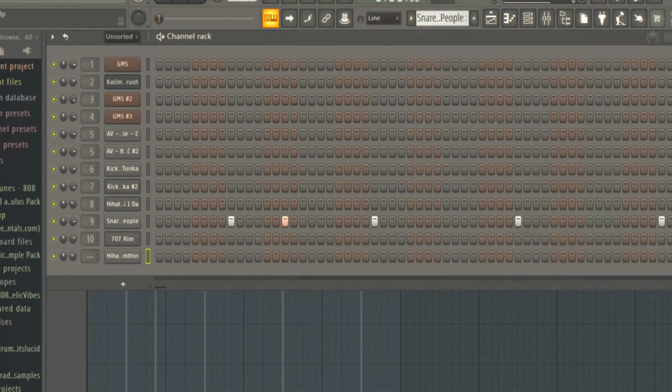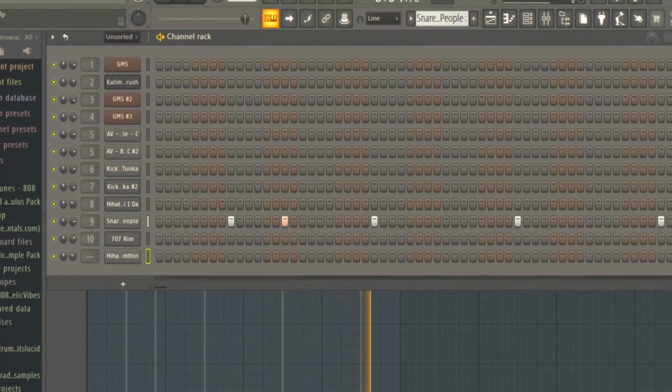Next, I'm gonna let you guys hear the snares. Right, I didn't add any claps or anything. It's just the snares and the rim. I'm gonna let you guys hear the snare first. Right, and then I added